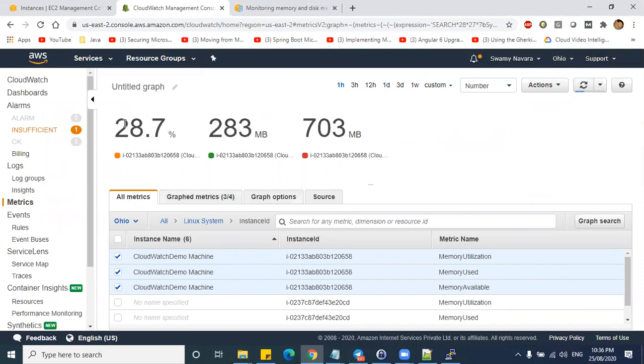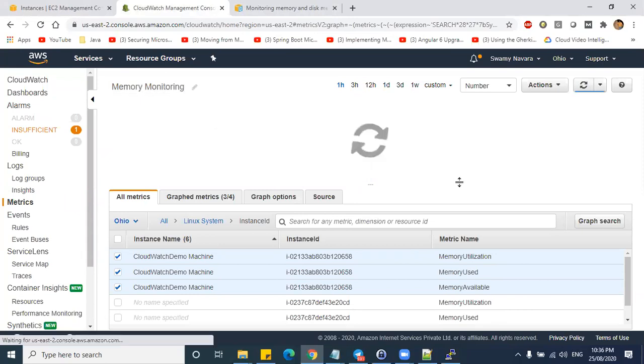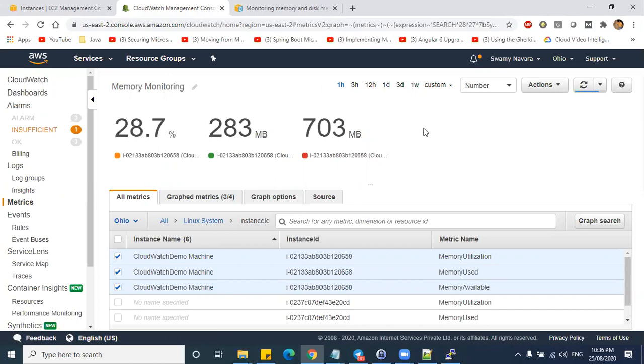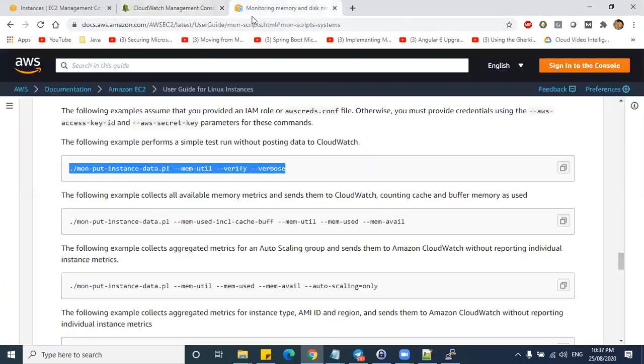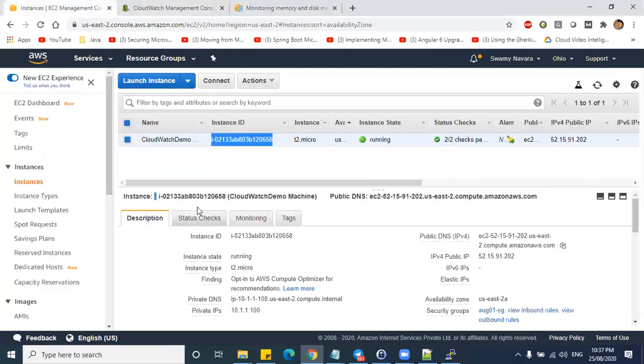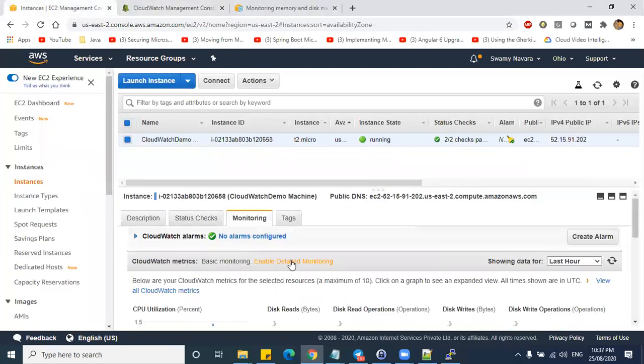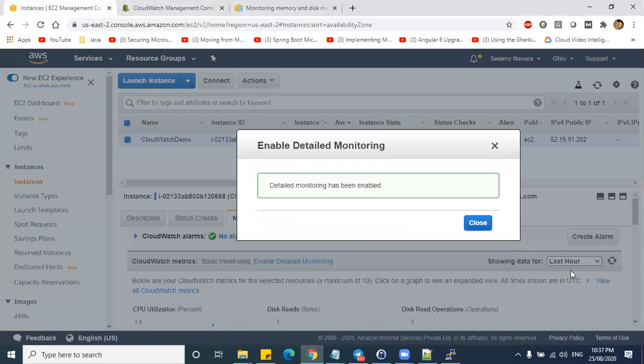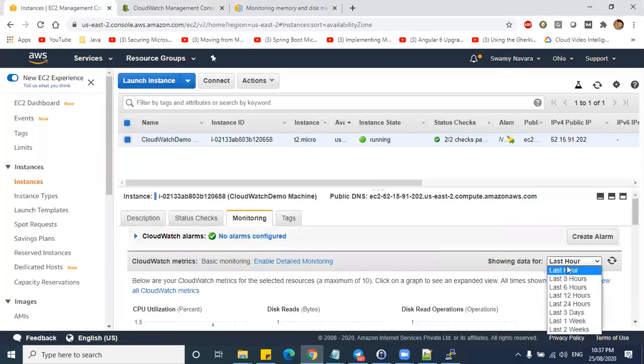So we will install a stress tool and we will do some metrics, right? So at that time you will notice this. So let me name it as memory monitoring. Okay. So this is the way you can enable your detailed memory monitoring. Before that, under monitoring, let us enable detailed monitoring.